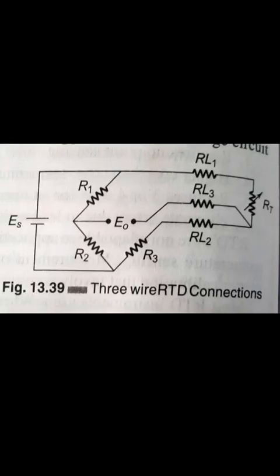In the three-wire RTD connection, the three lead wires offer a practical method for lead wire compensation that is sufficiently accurate for industrial applications. The bridge circuit automatically compensates for resistance change due to ambient temperature change, which is the input to the instrumentation. A three-lead RTD connected to the Wheatstone bridge is shown in the figure.